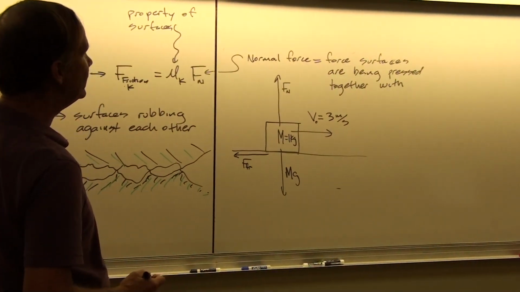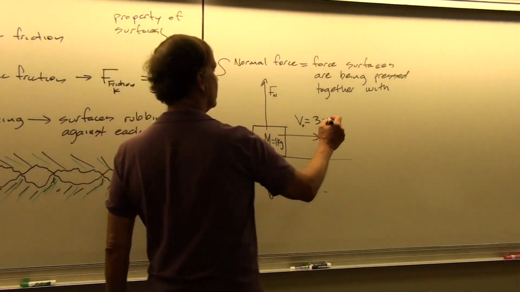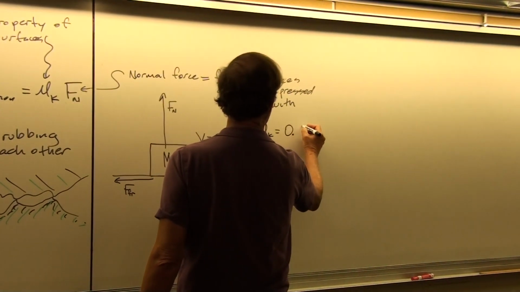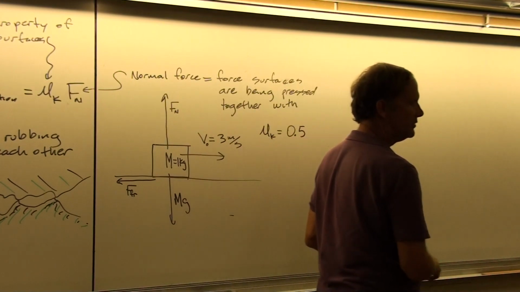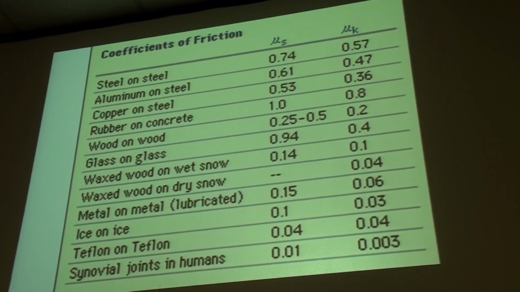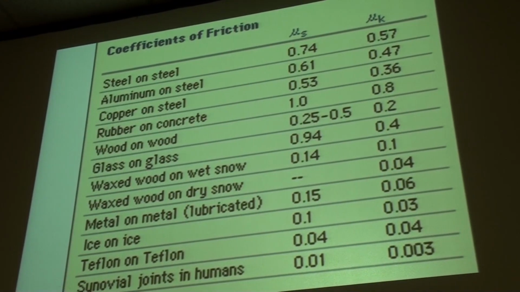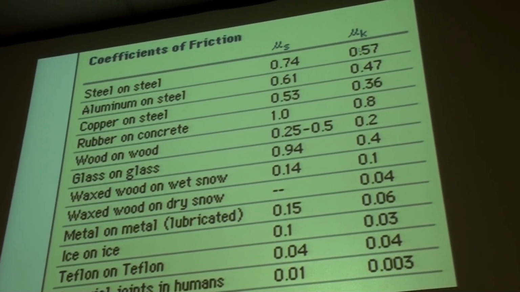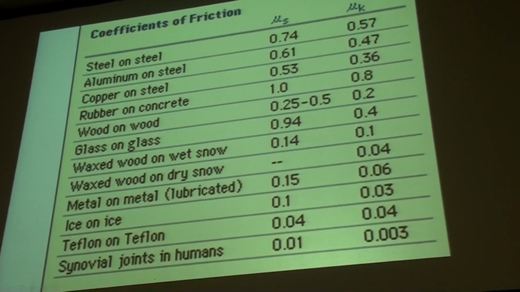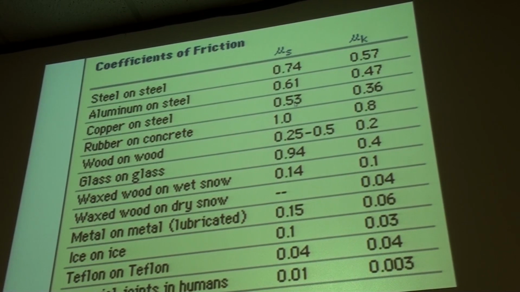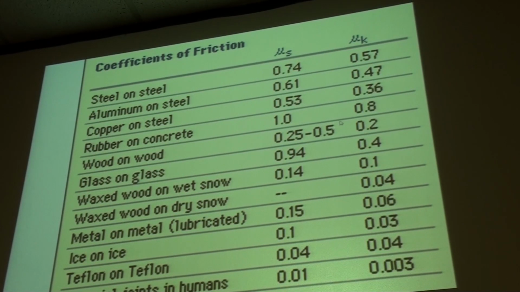Now, we need the coefficient of friction to solve this problem. The coefficient of friction is a number. Typically, it's a number between 0 and 1, but that's not always the case. Here on the data projector, we can see a few coefficients of friction and this is kinetic. When we get to static friction later, I'll talk more about these. But we might notice here, even though we haven't discussed static friction yet, that the coefficient of static friction is generally bigger than the coefficient of kinetic friction for a given substance.